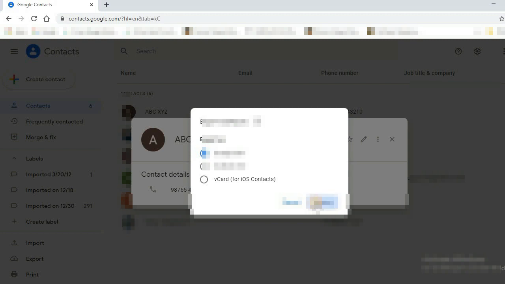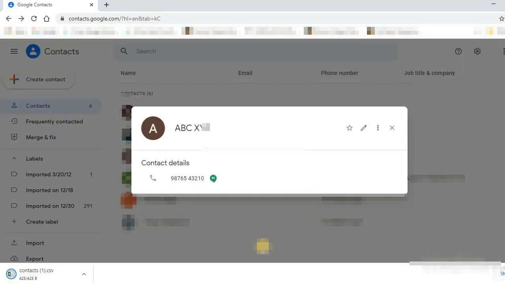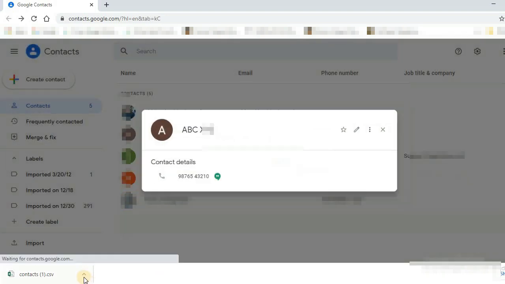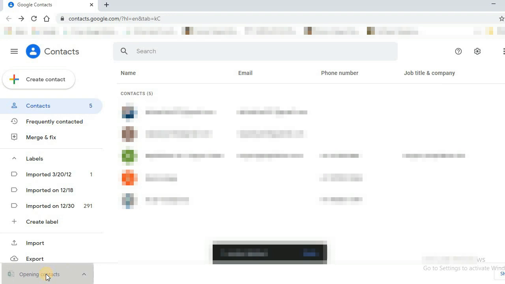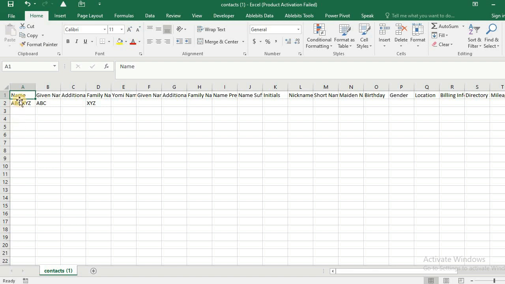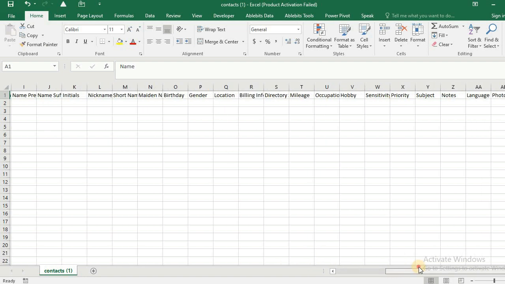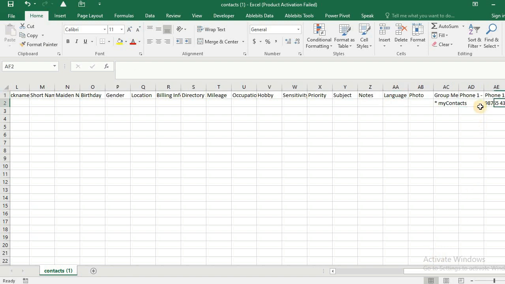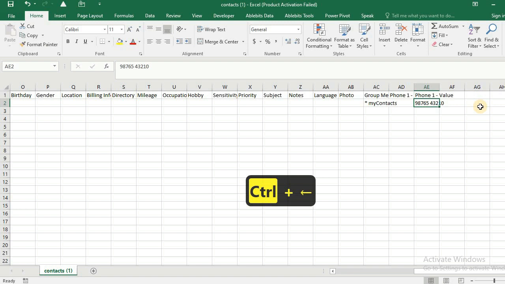I'm exporting it. So this dummy creation of a number was to get the appropriate CSV file format. Now if you want, you can delete it right now. I have got the CSV Excel format, and this is where I have to perform all the operations like name ABC, and the number is here. So what I need to do, I can delete this.